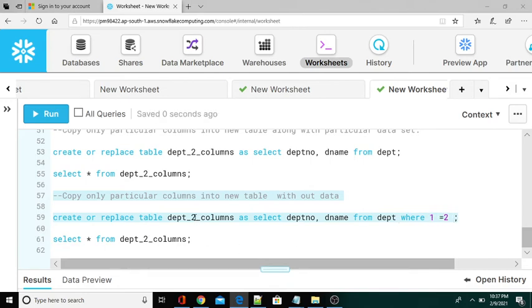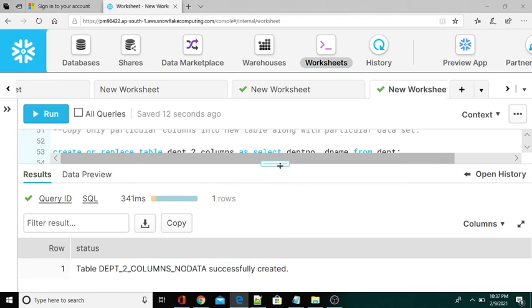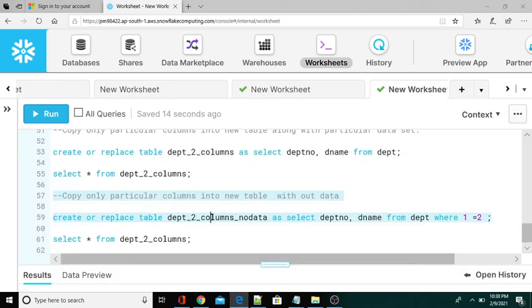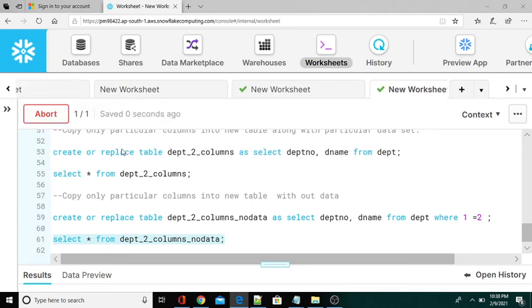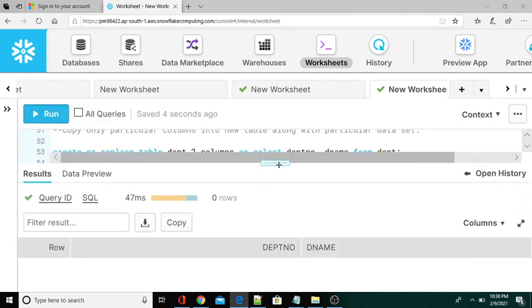So: create or replace table name as select a few columns or particular columns from table where 1 is equal to 2. So let me create this one. See, the table is successfully created. Let's see the data, it should be empty. Okay, empty.